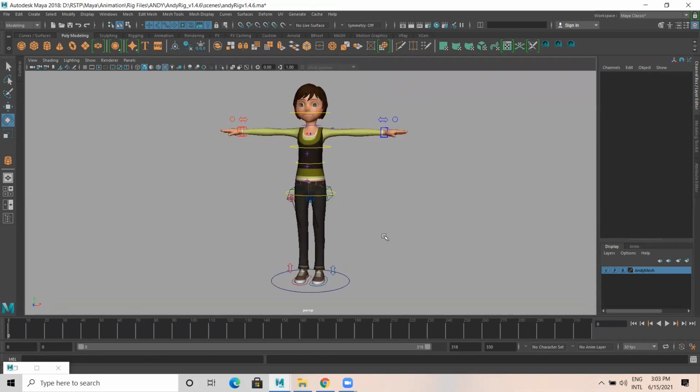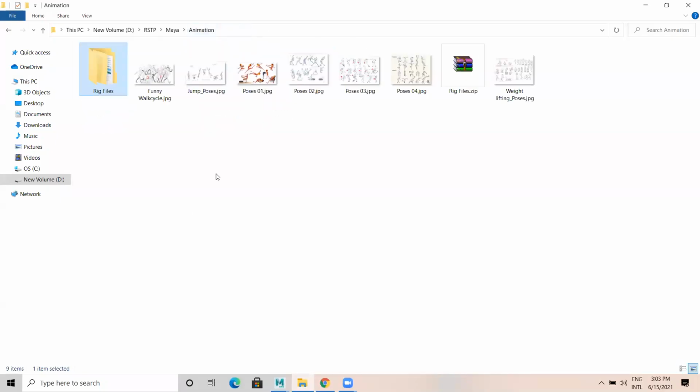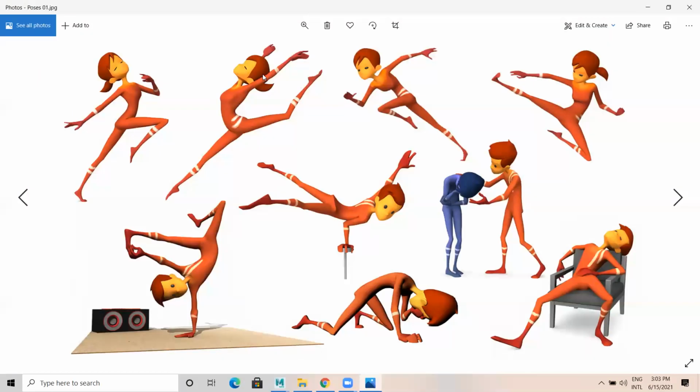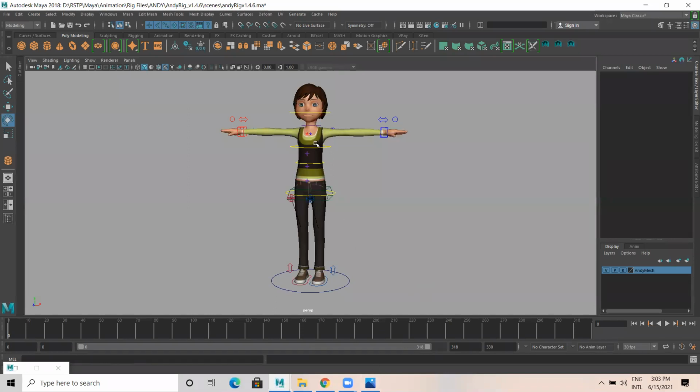Main thing in advanced animation is poses. Poses are very important when we are working on animation. That's the reason last class I shared a couple of pose images, and I asked you to work on these poses. For example, observe these poses. A lot of poses are there. Pose 1, 2, 3. If you create some 10 to 20 poses, you'll understand how the character works, how to create gestures and how to create animation.